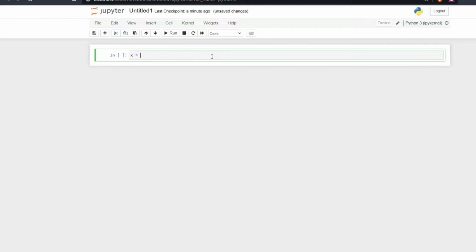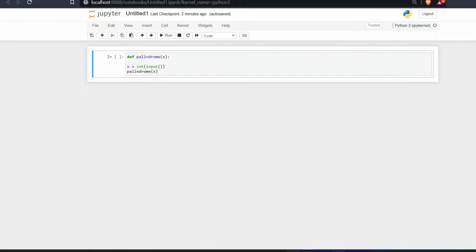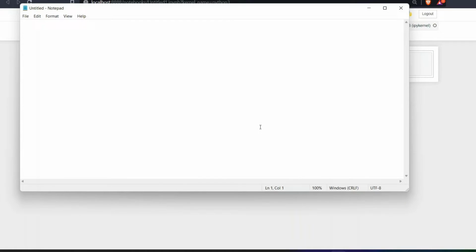First of all, let x be equal to the input. After that, I'll define a function palindrome of x. After that, the function definition palindrome, the parameter will be x. Okay guys, what we are going to do is we will be dividing